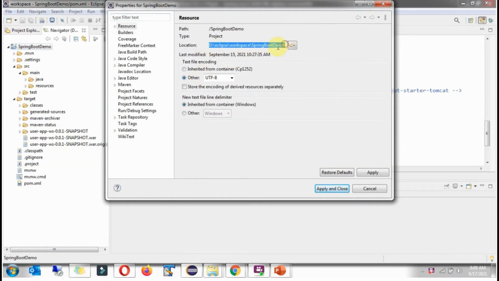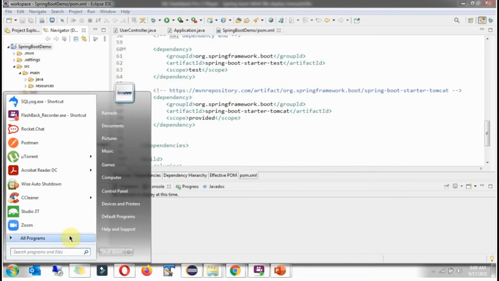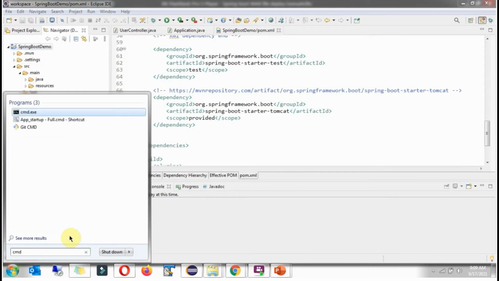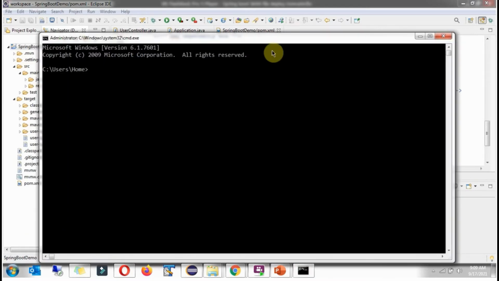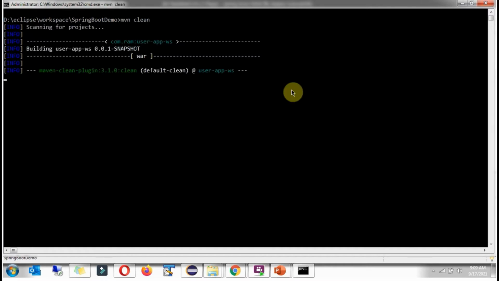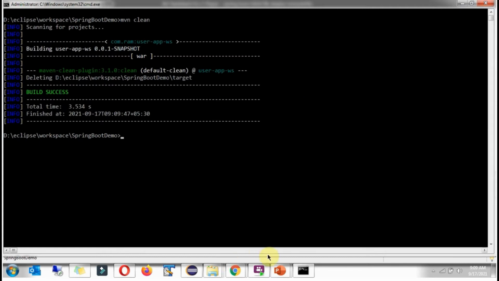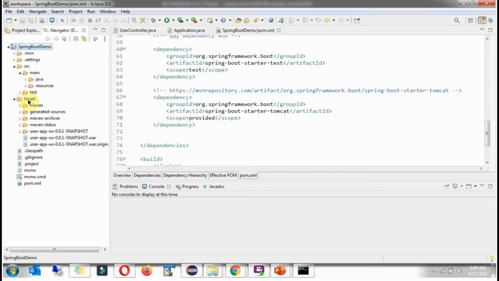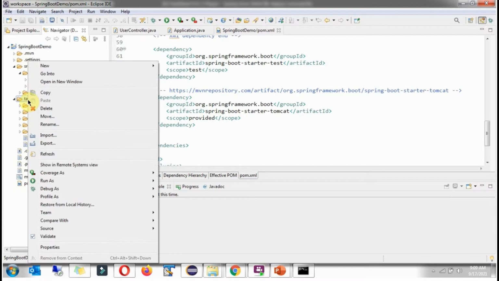Copy this path, open command prompt, first do maven clean, refresh the target folder.